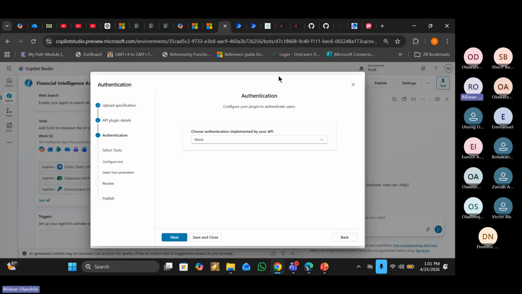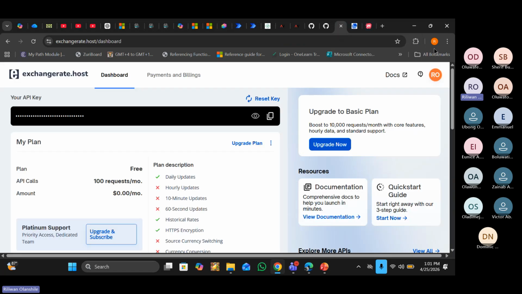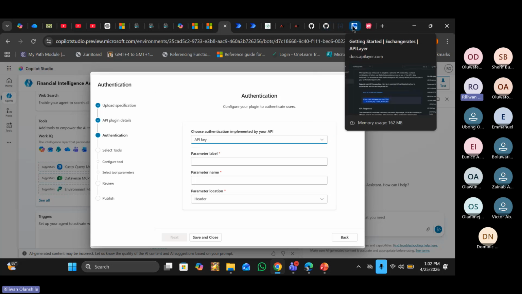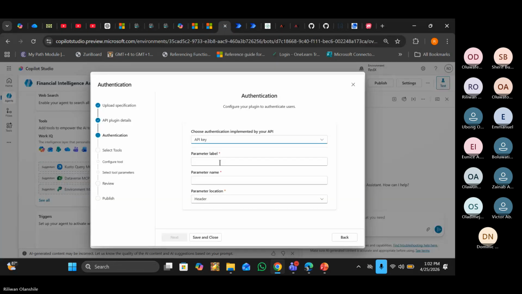Remember I mentioned authentication, API security. This is where authentication comes in, right? Our own API has already told me earlier that I'm using an API key, so I don't have to worry too much about that again. Just come here, see API key. Now it's asking what parameter label, in that particular API that you want to build, what has the developer called that particular name that they are passing the access key to? You see, this is what they've called it here. I'll just copy it and come back here. I paste it here. The same thing, paste it here. It's in my header. I don't have to do anything on that one. Next.